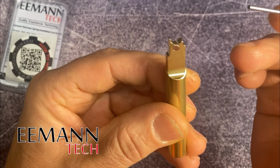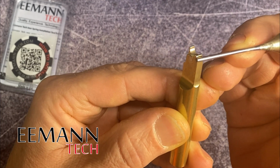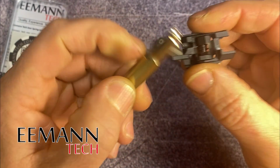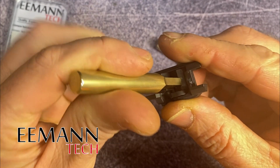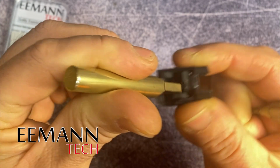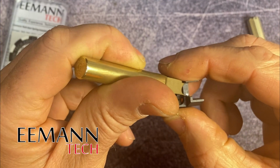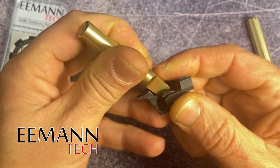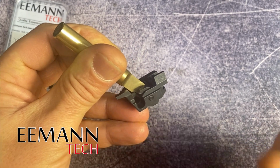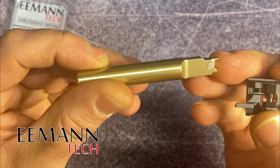with the magnet. Another important part we've made to this tool is two steps or over travel ledges. Now the first one tops out against the back of the Sear right there, so you can't go any further backwards, and the second step is a longer one on the bottom which bottoms out against the body of the housing right over there. So it's also made out of brass, so it'll last a lifetime, and it's finished really